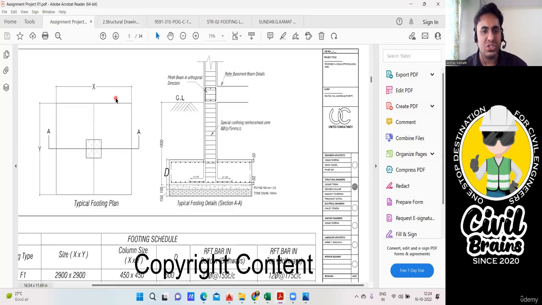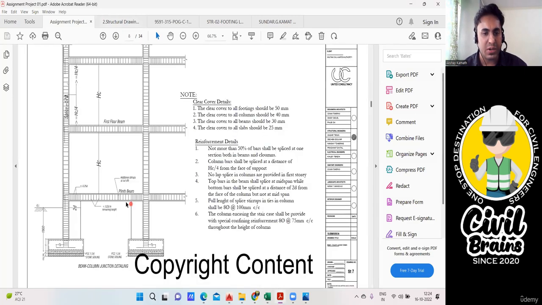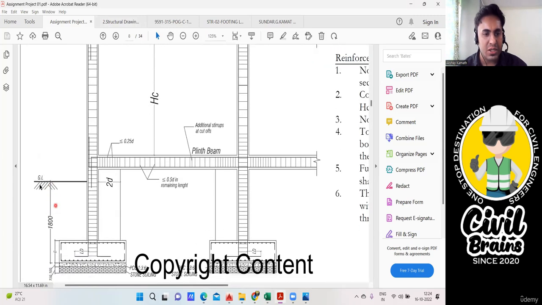But these people have made one small mistake here. See, what mistake is that in the cross section part? They have shown GL here, and the plinth beam is coming here. See, this is that plinth beam, and the GL is ending here. So this much portion you can see they have left blank. That means there should be some height here. But maybe either there is a problem in the cross section or they might not have done it properly, not an issue. Usually, wherever there is a ground level, over that only your plinth beam is going to come. So actually this ground level should have been shown here, then it would have been correct. But here they are showing the ground level here, and the plinth beam cross section here, and this much space is empty, right? So we don't know what the height of this is, so either this is wrong or that is wrong. But we'll consider